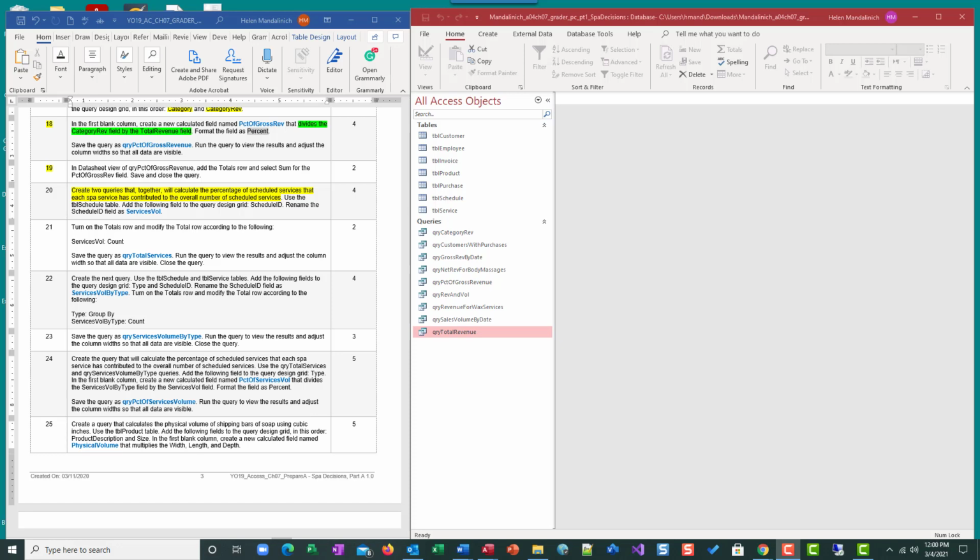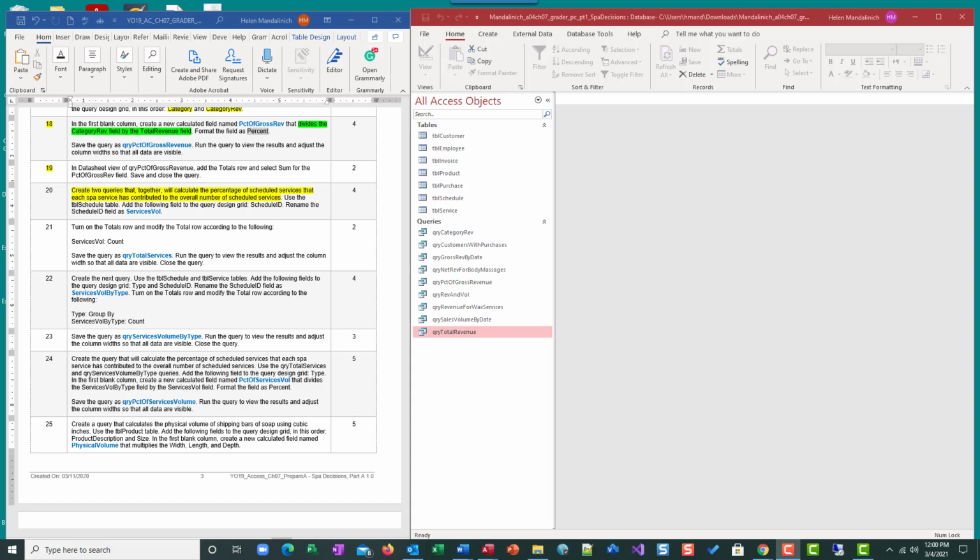So we have to come up with two different queries, one that gives us a grand total, a count of all the services that have been performed. Then we're going to create a second query that's going to get the count of services by type. And then we'll use those two underlying queries to come up with a third query that tells us the percent of the services